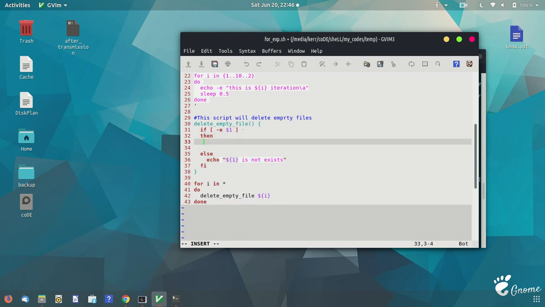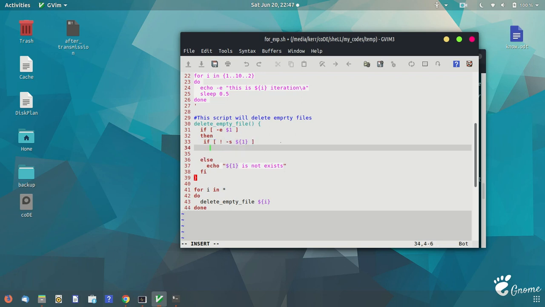Now if the file exists, then it will check whether the file is empty or not. Okay, so I am using the -s option. So -s $1, that is basically the value of the file. The -s option basically checks whether the file has anything written within the body of the file or not. So I just reverse the operation. So the whole condition within this for loop basically checks whether the file is empty or not. Okay, so the -s option will check whether the file is non-zero and then reverse the condition.